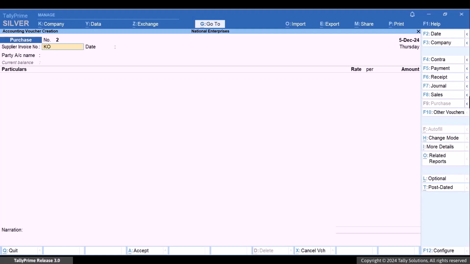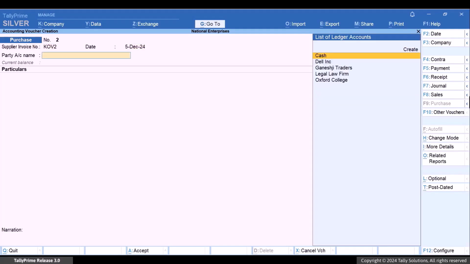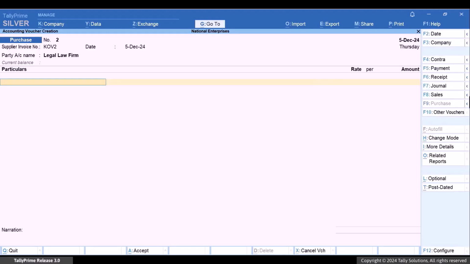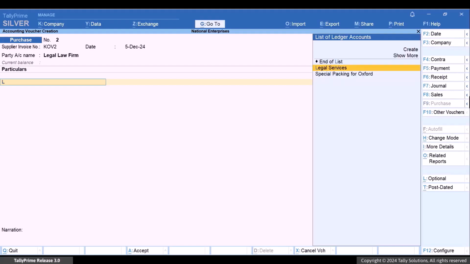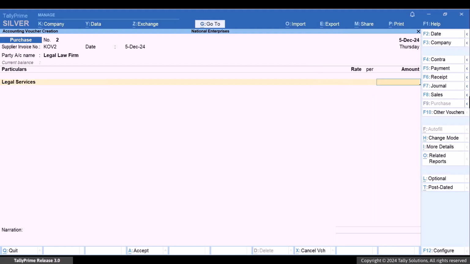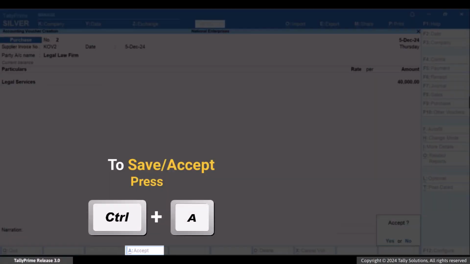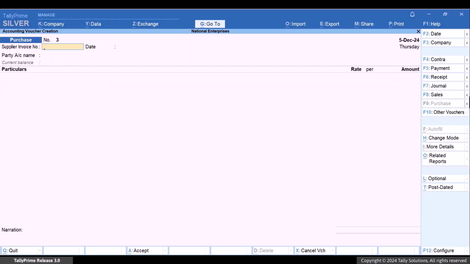Enter the supplier invoice number. Select the party account name. Under Particulars, select the service ledger for an RCM service and enter the amount. Press Ctrl A to save the purchase voucher.